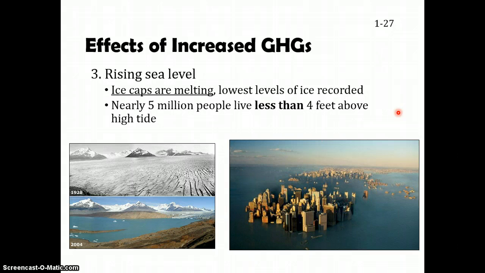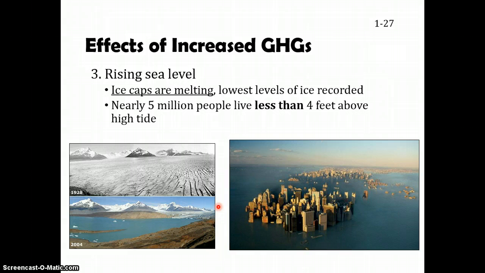This picture on the left is showing a glacier here in 1928, and glaciers are remnants of the last ice age. They're huge packs of ice that haven't moved around for thousands and thousands of years. But you can see after about 80 years, this glacier is mainly melted, and it wasn't like this before, so all of that water goes somewhere. Now, it's not like we're going to see a foot of sea level rise next year. So far, they've seen that in the past 10 years, the ocean has risen about 3 centimeters, which is about 1.5 inches.